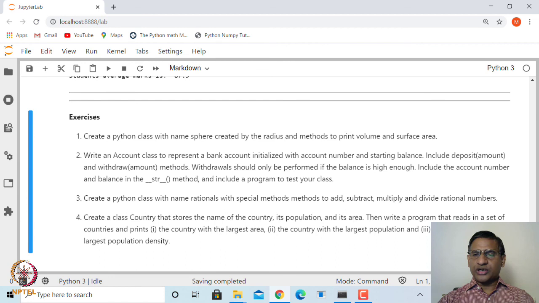Then write a program that reads in a set of countries and prints the country name with largest area, the country name with largest population, and also the country name with largest population density. So, these are the 4 simple exercises. Of course, we will be posting the solutions of these exercises, but you should try to do it.